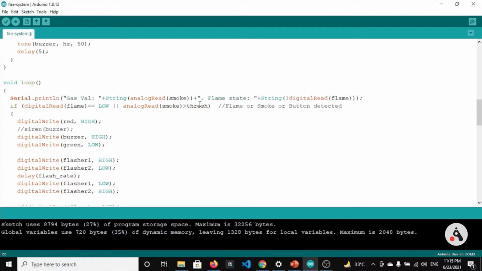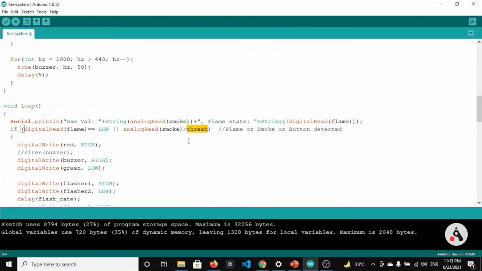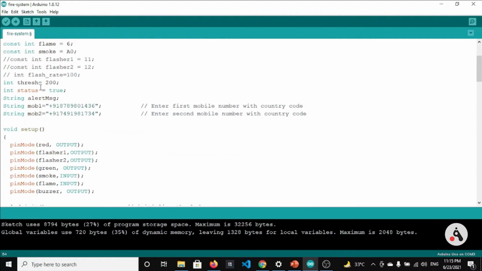So what is the threshold value? I want to discuss this now. When the value becomes greater than 200, you have to calibrate your MQ2 sensor threshold value on your own. You have to check the value when there is no flame, and check when there is flame. Compare both values and set your threshold value accordingly. In my case it is 200.